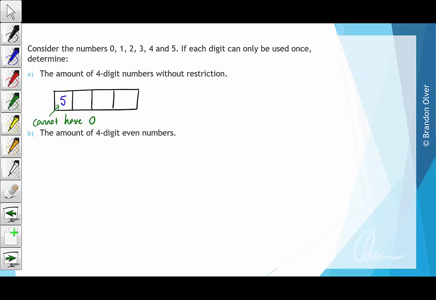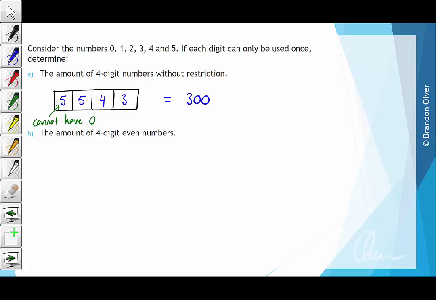For the next position, we've used up one of the numbers. However, 0 can be used here, so there's still 5 numbers remaining to go into this position. After that, we've used 2 numbers, which means there's 4 numbers left that can go here, and then 3 numbers that can go in the final spot. So if we do that, we have 5 times 5 times 4 times 3, which equals 300 different 4-digit numbers